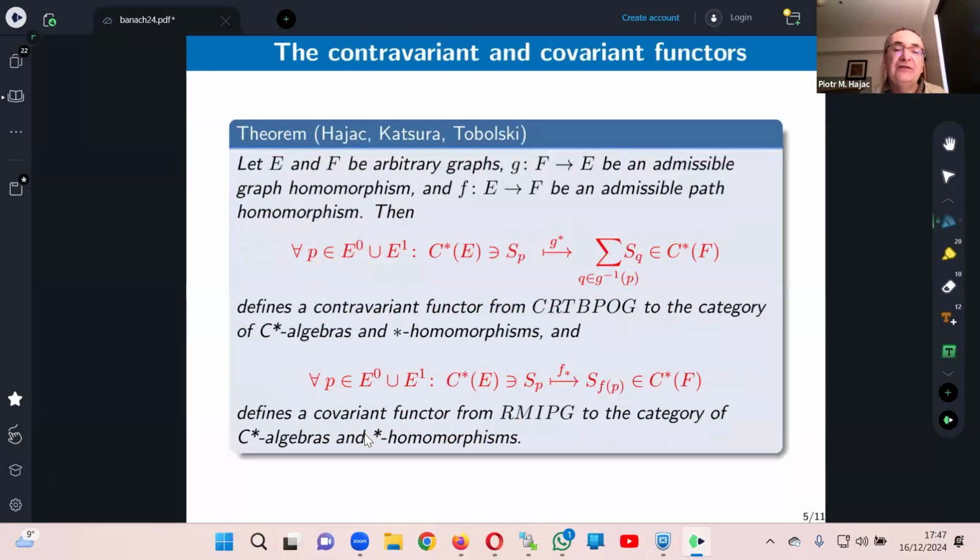And now with these conditions, we have the following theorem. So in the case of topological graphs, this first functor is,